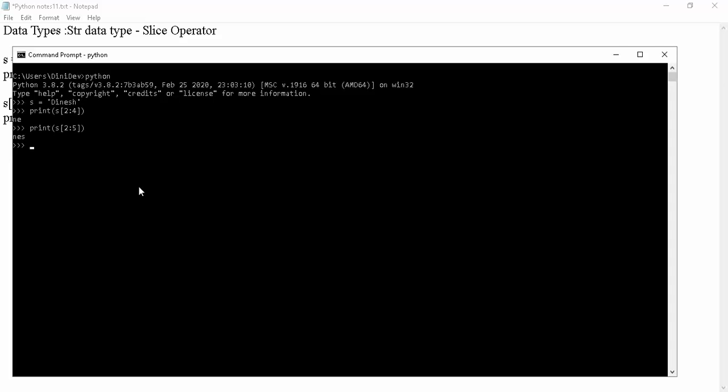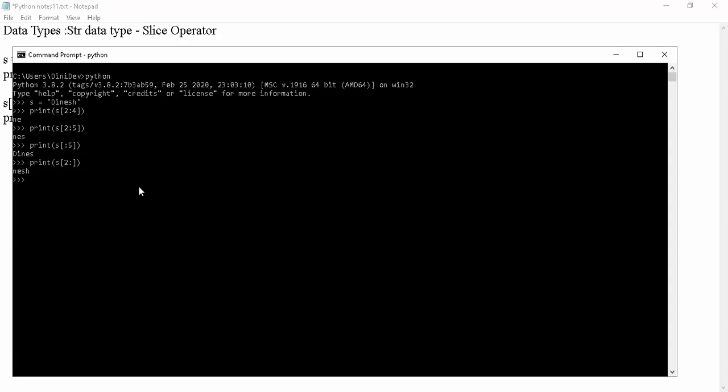Are you clear? If you do not specify the begin index, the default value is 0. For example, here I have not mentioned the beginning, so it considers the default value of begin as 0. So it executes from the begin to 5 minus 1. The same thing, if I do not mention the end, it will calculate everything.